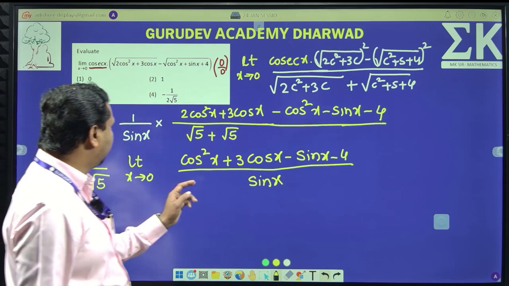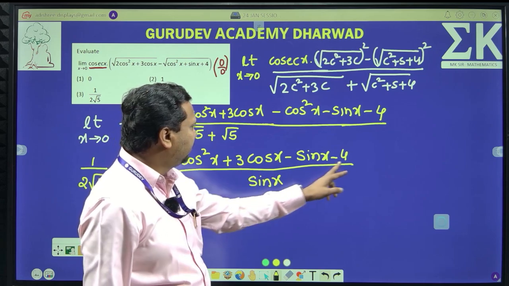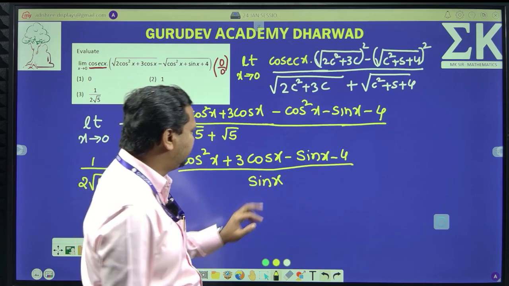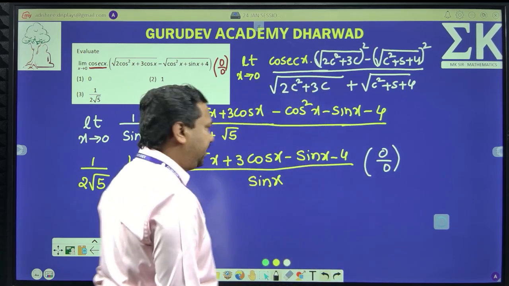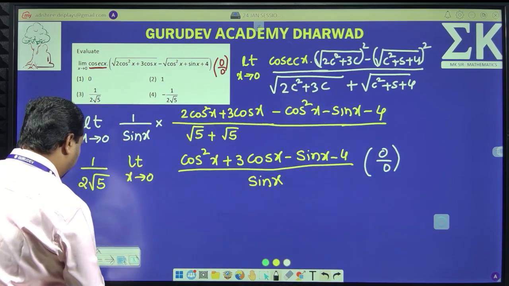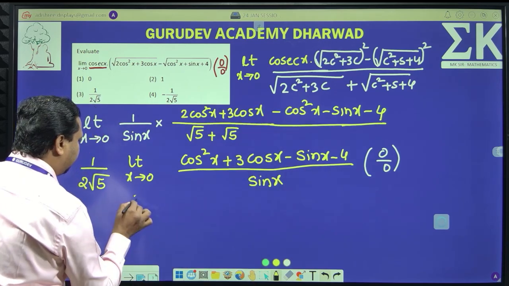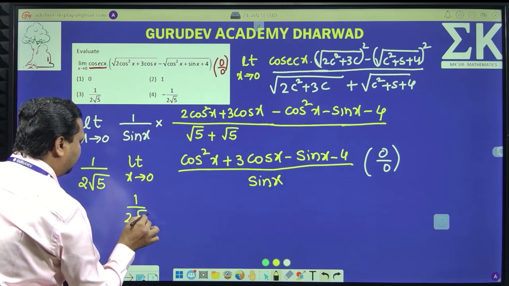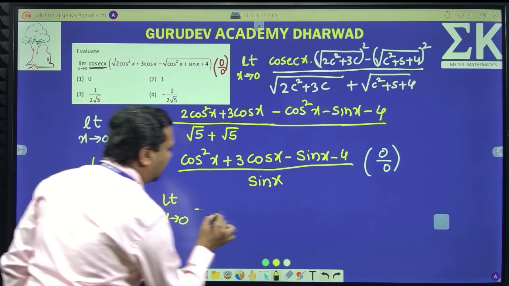Now again, if I put x equal to 0, cos 0 is 1, cos 0 is 1, 3 plus 1 is 4, plus 4, minus 4 get cancelled, sin 0 is 0. So again the function is in the form of 0 by 0. When the function is in the form of 0 by 0, I will take L'Hospital's rule. I will take 1 divided by 2 root 5, limit as x tending to 0, applying L'Hospital's